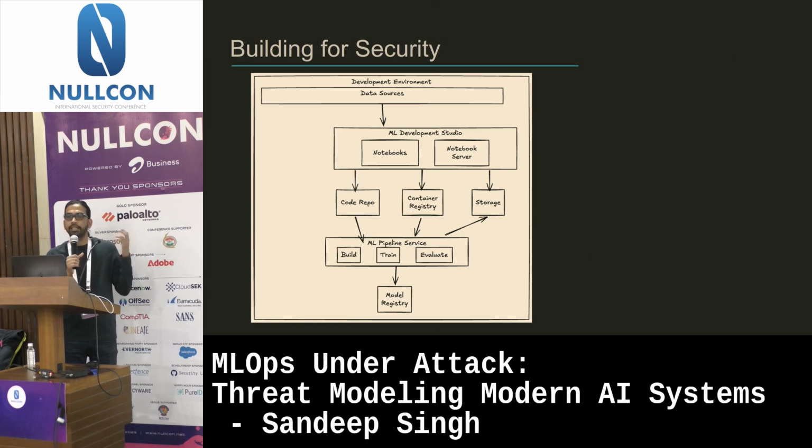The work that they've done, the clean data, the clean code, the prepared code would sit inside a code repo. The environment will go in a container registry, like an ECR or something. And then you'd have object storage, which is something like S3. Now, using the container registry and the code repo, you'll build a pipeline service. Pipeline service is where you'll have the build, train, and evaluate steps of the whole life cycle going.